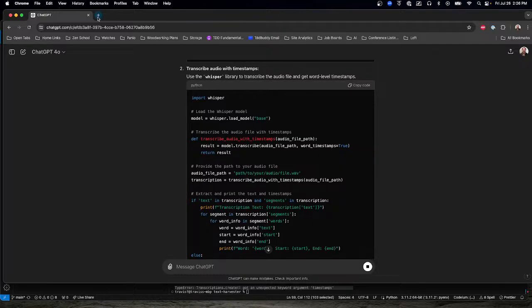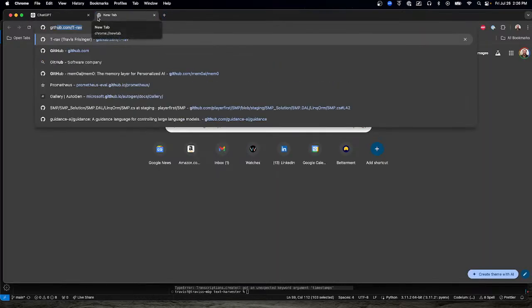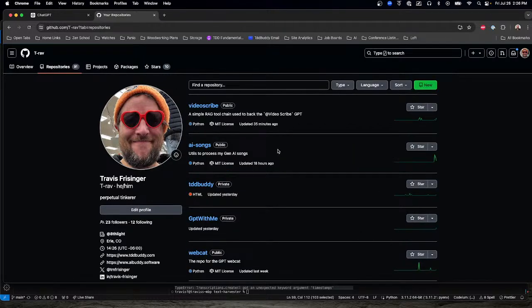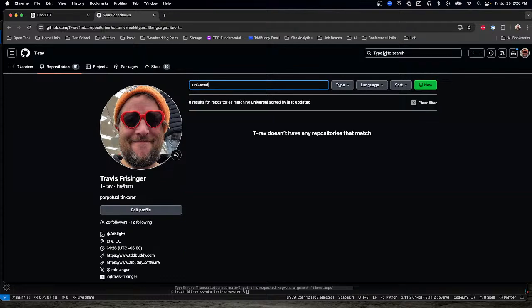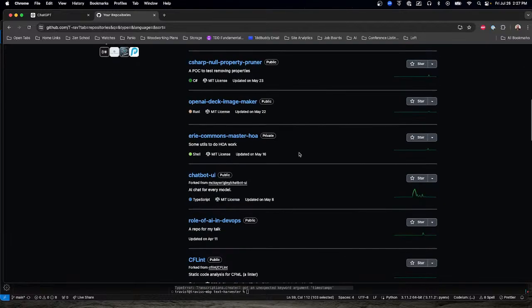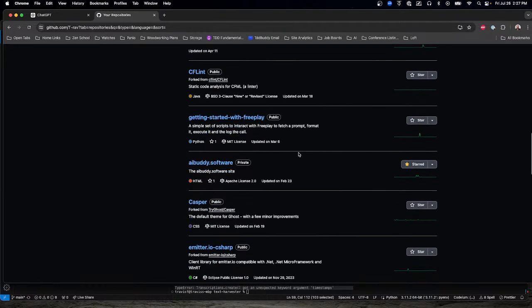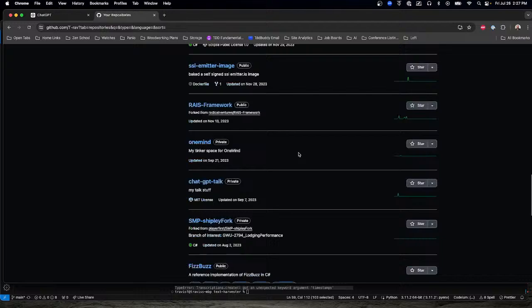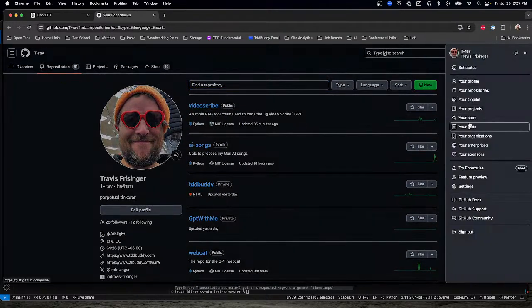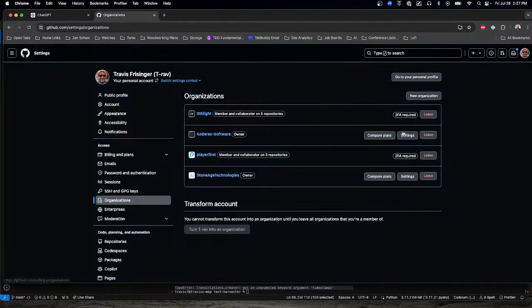All right, let's go to my GitHub. I'm sure I have an example of this sitting out here. Let's go to my repos. What was that project called? Universal Threads. Enterprise engineering. Lots of little throwaway projects here. Is it under different organizations?